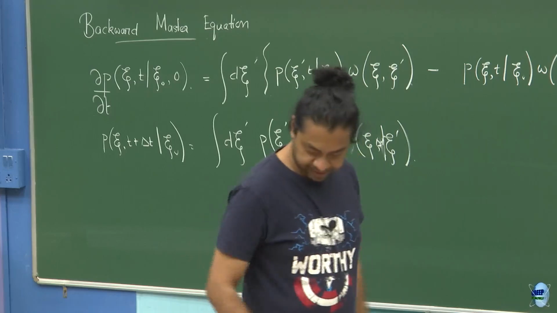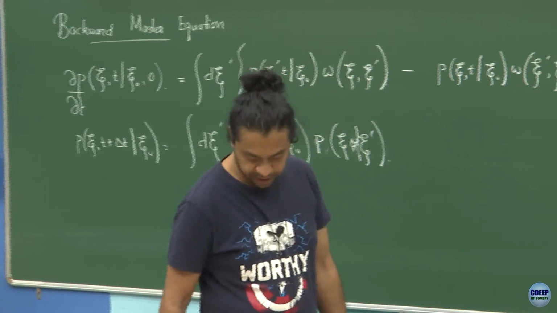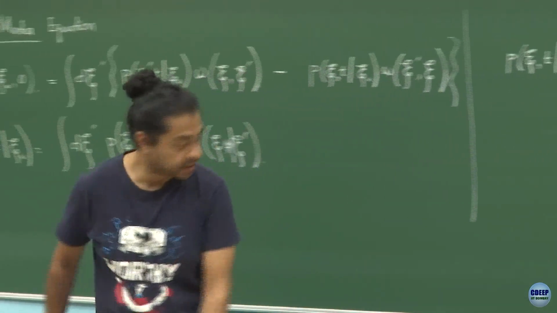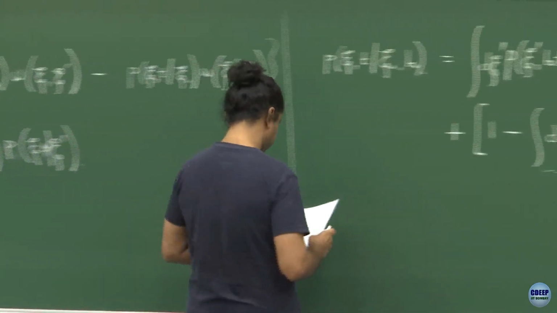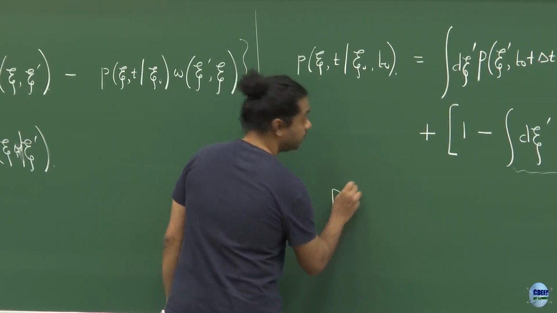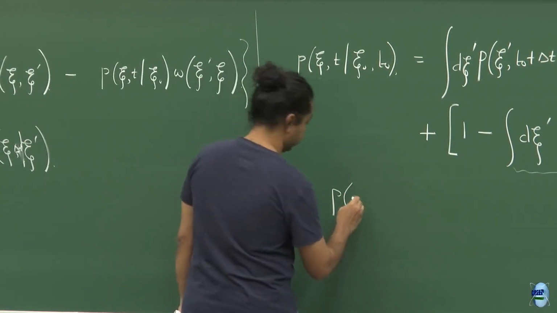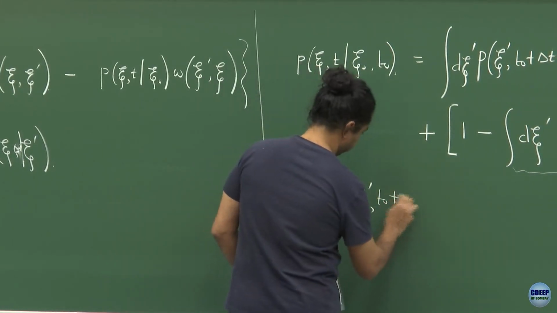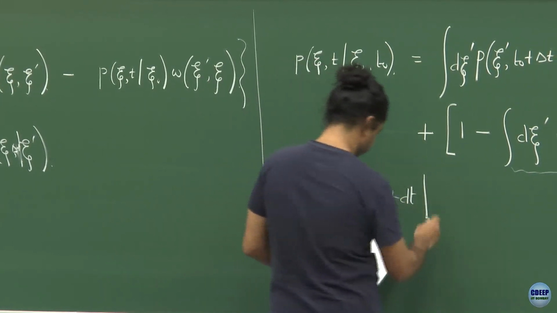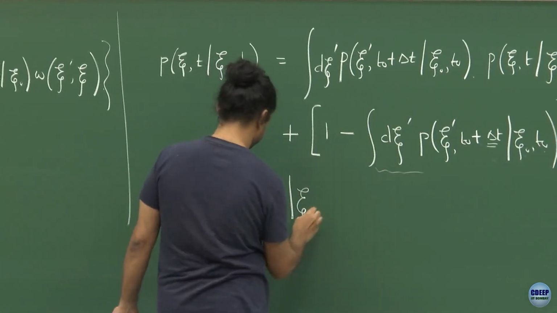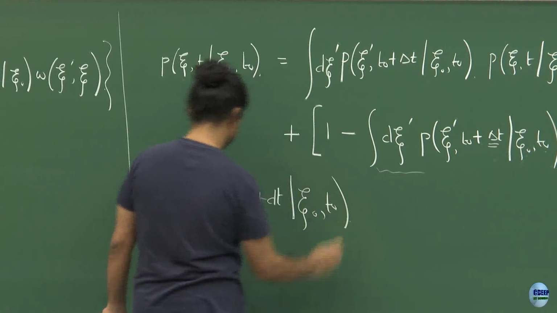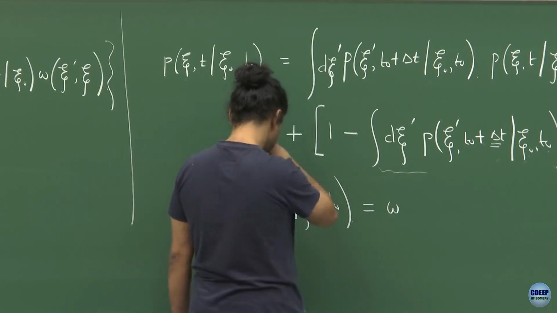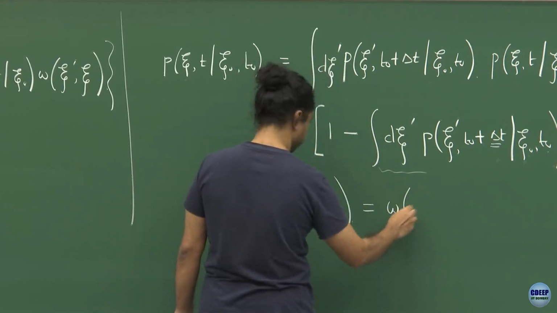All right. So, now we will do the same thing that we had done. We will write down these transition probabilities in terms of transition rates. So, let me say that we will write down the probability that I go to psi prime at some time, let us say t naught plus dt, starting from some psi naught at time t naught, as the transition rate omega from psi naught to psi prime,